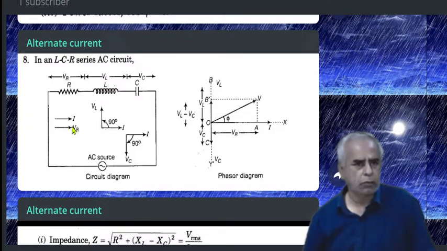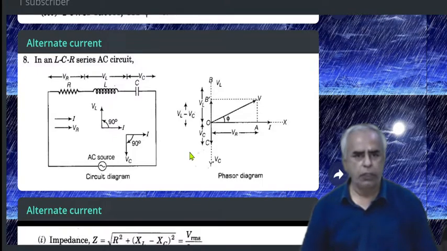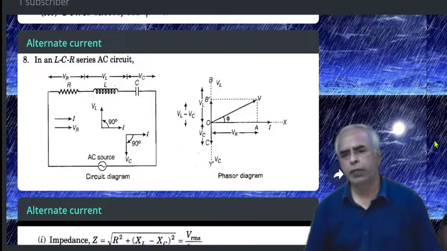That is the I vector. What is that I vector? Current vector. What about VR? Voltage across the resistor vector. What about VL? Voltage across inductor. What is the VC? Voltage across capacitor. Now when you look at the phase angle between VC and I, that is an angle of 90 degree. Actually it is lagging, is it not? But what about VL? VL is pi by 2, 90 degree advanced to the current. Correct? Right.